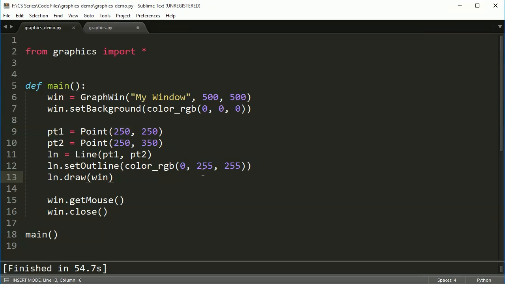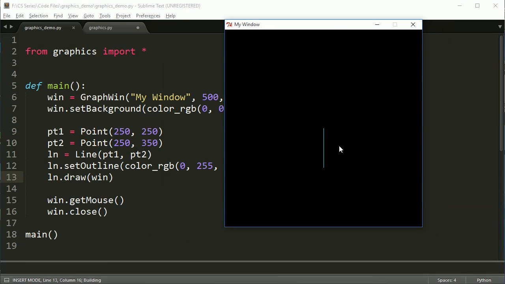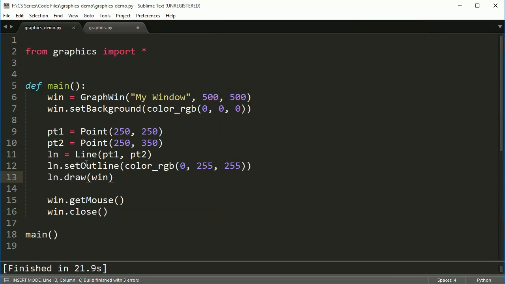I set the outline. You can actually set the fill on a line, but it doesn't really make very much sense. It just changes the color of the whole line. So if you set outline color or fill color, it does the exact same thing. So if I run this, I get a line starting at the center, 250, 250, and going down from 250 to 350. So 250 to 350 down. So that's what I'm talking about with the origin being here. This is actually increasing Y value as I go downwards. All right, so the line,